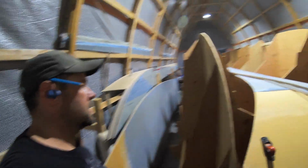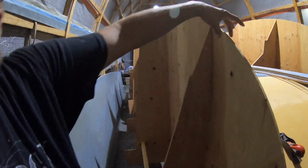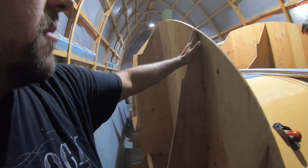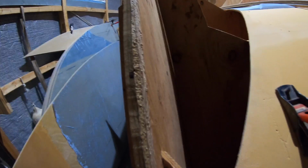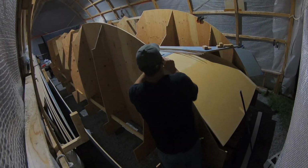What I've got to do next is bevel both sides of this plywood to match this angle here on the forms all the way down. And I just started here. I don't know how well you can see it, but